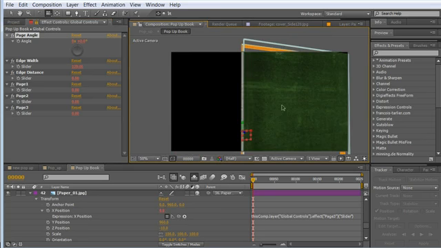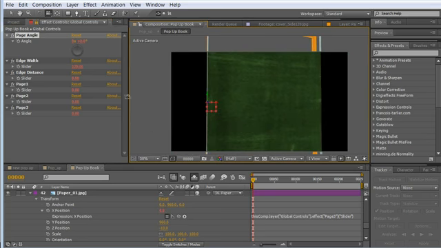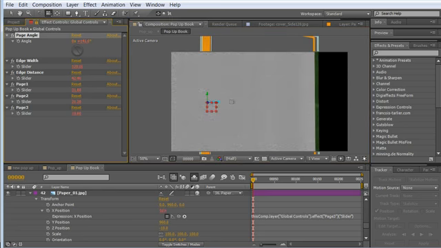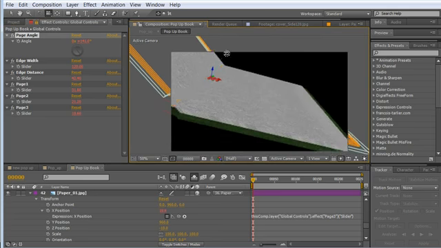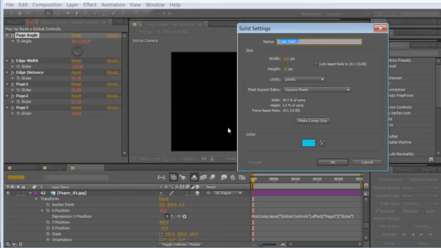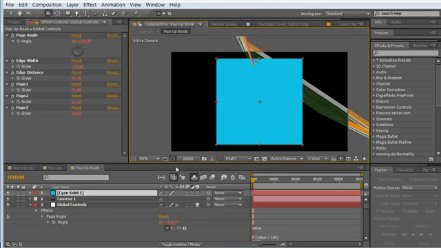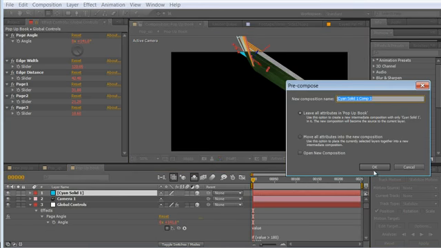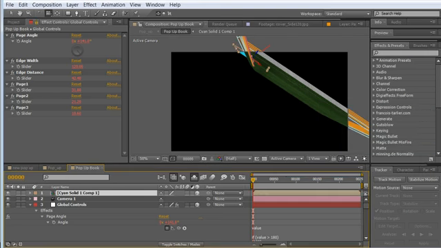Not that hard, eh? What I can do though is try to show you visually what that means for the trigonometry. Okay, let's try this. So let's create a new solid, probably 500 by 500, and let's make it 3D, and let's pre-compose it. Leave all the attributes,